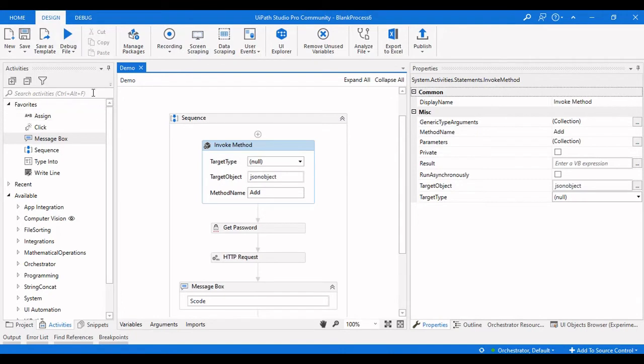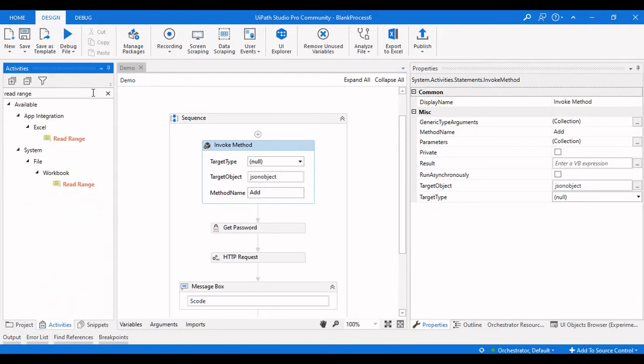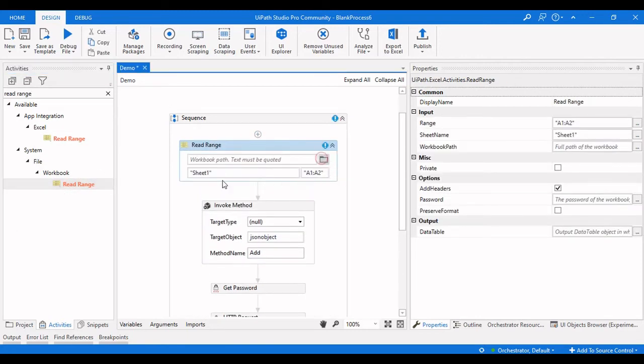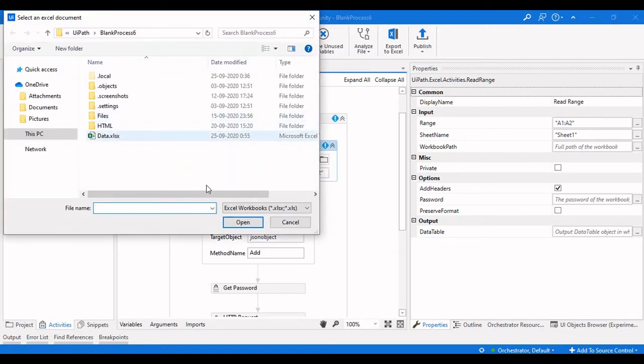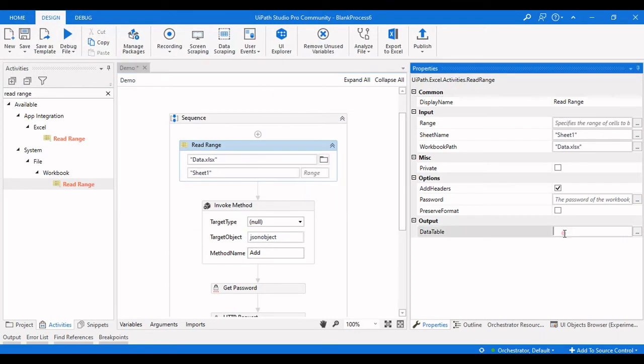The first thing that I need to do here is read the whole range of the Excel. So I will use a read range, and I need to pass the workbook path, which would be data.excel here, and click on OK. Click on open, and then we need to read the whole range of sheet 1, and we need to get the output data table. So we make that as a DT,